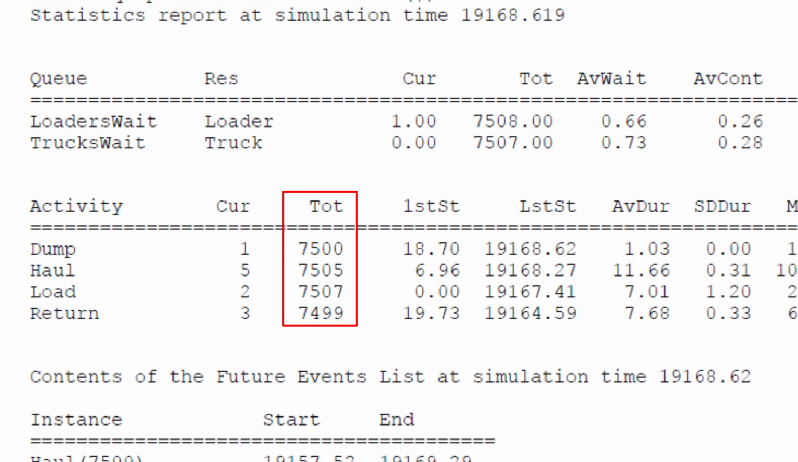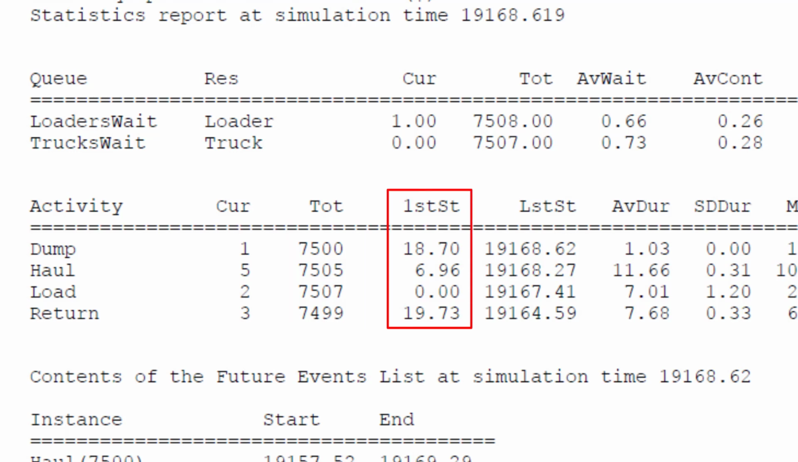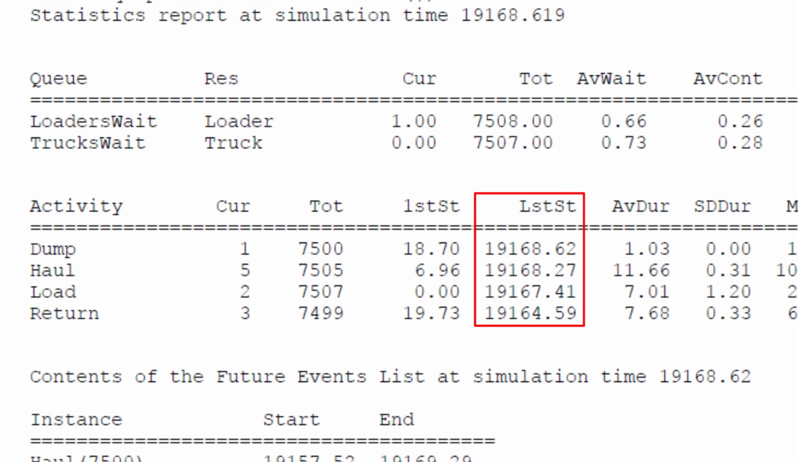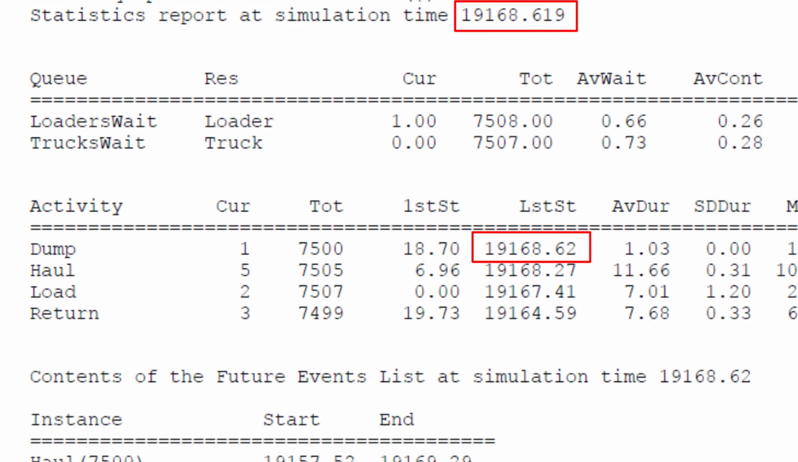As soon as we generated 7,500 instances of activity dump, the simulation ended. Then we have the time at which the first instance of that activity started, and then the next column tells us the time when the last instance of that activity started. It's interesting to notice that activity dump had its last instance start at exactly the simulation time when the simulation ended, which is